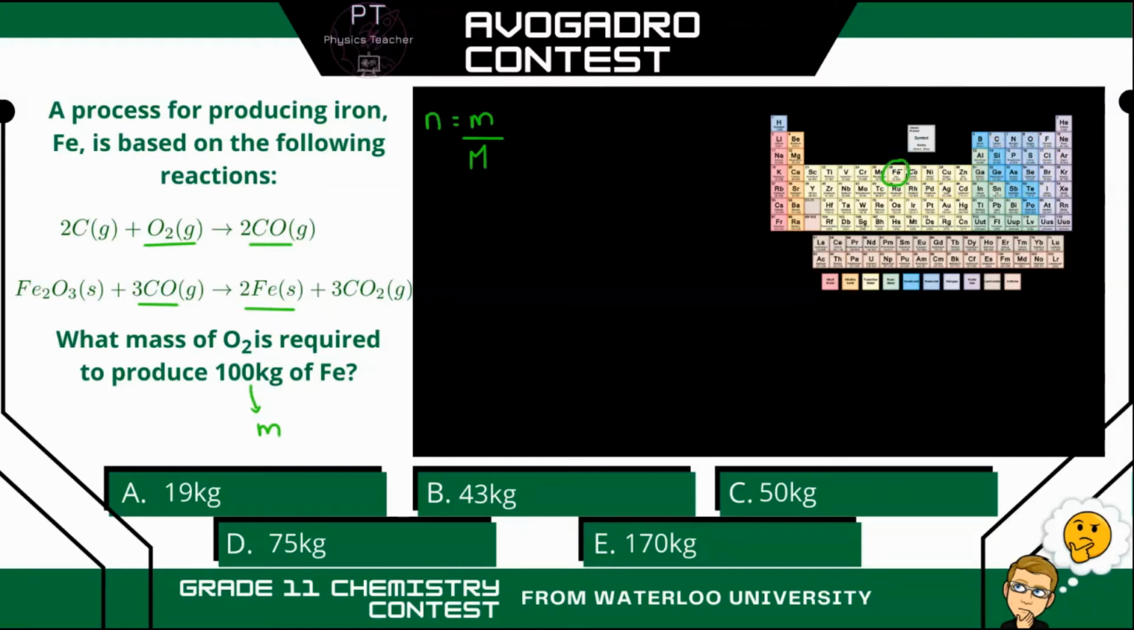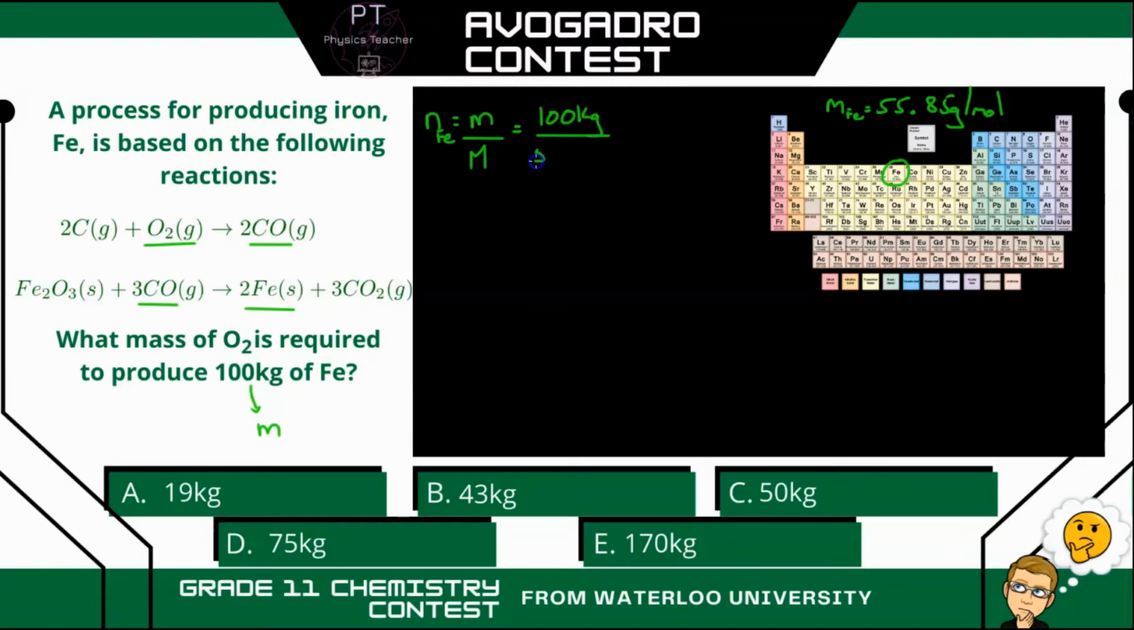So if you look up iron on the periodic table, your molar mass, M, for iron is 55.85 grams per mole. And you do get a periodic table on this contest. You do not need to memorize all of these. Alright, well if we know the mass and we know the molar mass, we can figure out how many moles of iron we have. So we'll take 100 kilograms